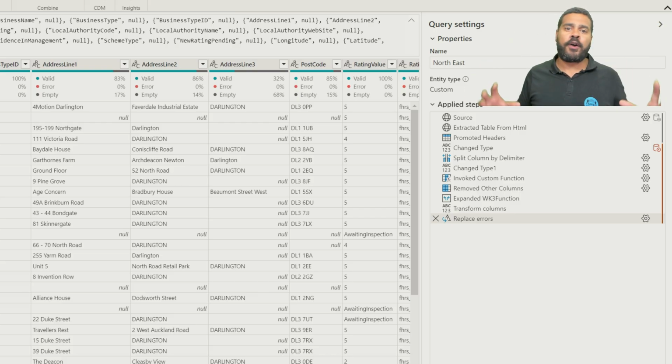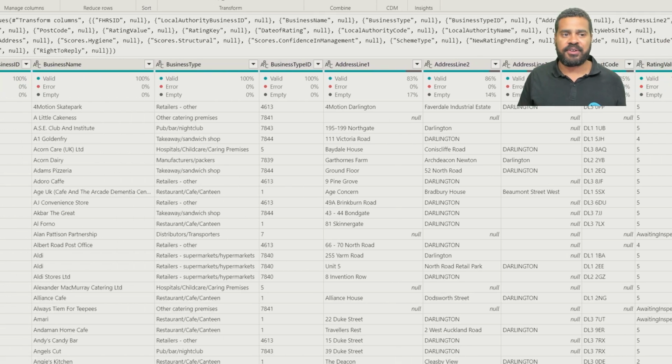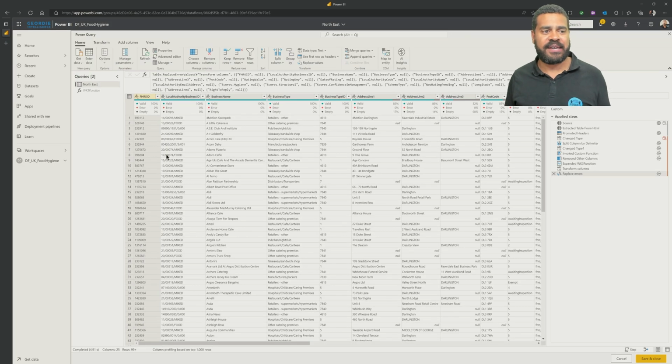Okay, so we've got our ETL script where we know the applied steps are going to go in, and that's going to result in one or more tables. And in this case, it's one table that we get. Okay,